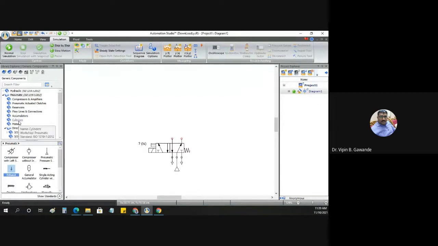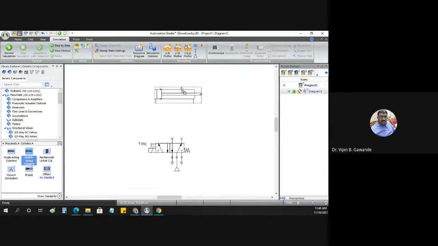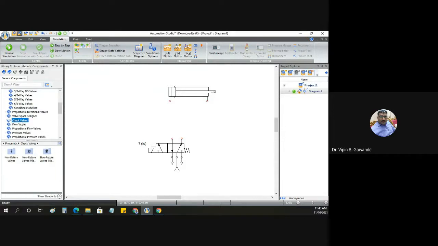Now we will take the cylinder. I am taking here the double acting cylinder. There are two connections for the double acting cylinder. Now we will design the pneumatic circuit with the quick exhaust valve.